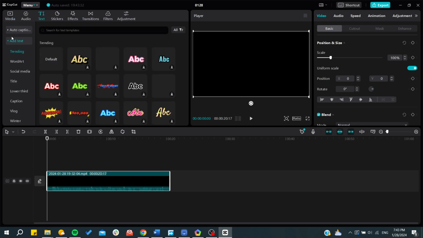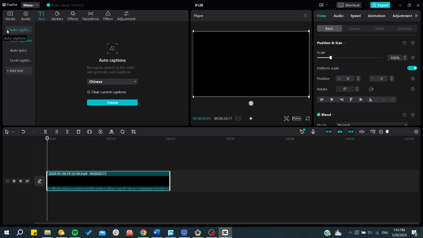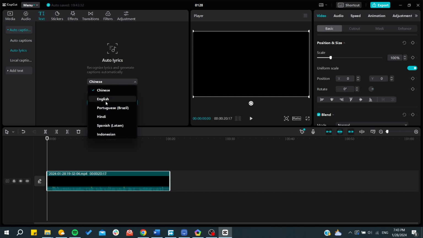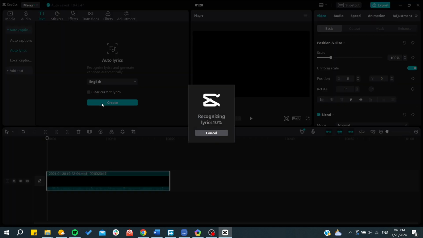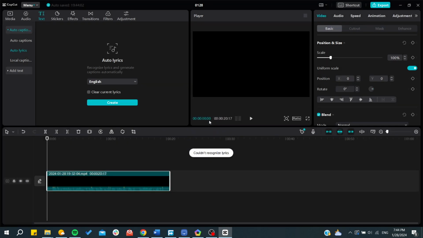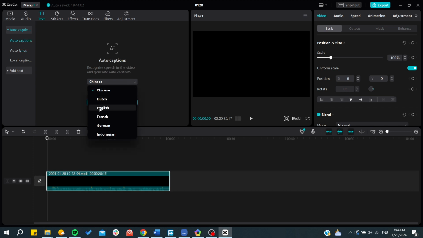to the text, and here we can find add text and we can find the auto caption. There is the auto caption and auto lyrics. So if you want the lyrics, you choose the language of the video or the audio. You click on create and it will start recognizing lyrics and processing the video or audio, and it will generate the video lyrics. So basically this is not a music, so let's just go for auto caption and go here